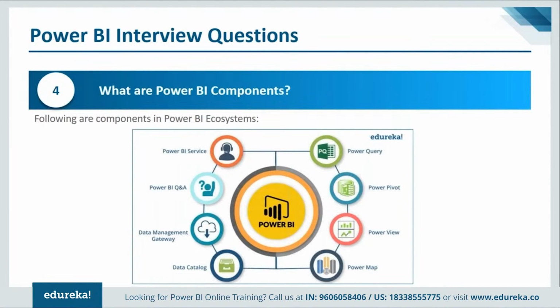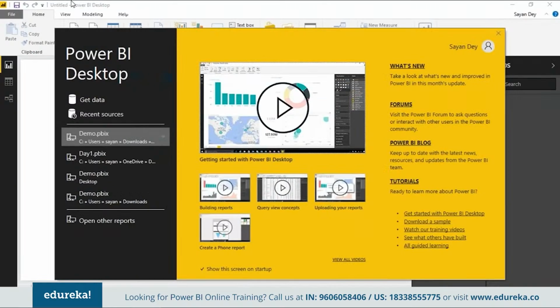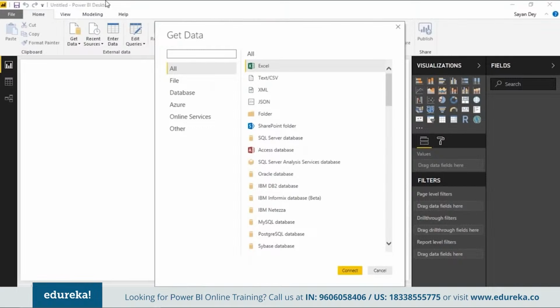So just as an example for this particular question, if you're talking about Power BI Q&A, one thing I will recommend is to mention that it's a service component, but also mention that of late Power BI has included that as part of the Power BI desktop. Okay, so now you can actually go to Power BI desktop and you can use Q&A features directly from there. And I know I haven't talked a lot about this yet, but I'll just quickly connect to my data here in Power BI. And as you can see, I'm just connected. This is my Power BI desktop interface that I've opened.